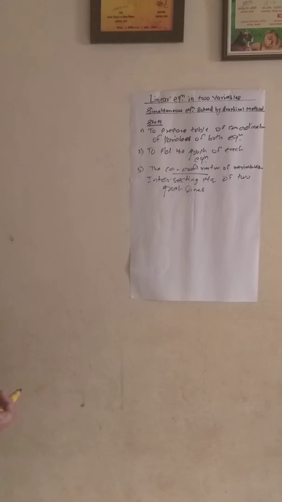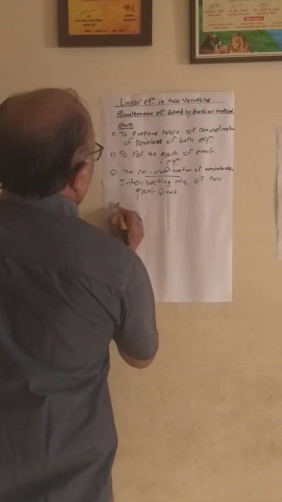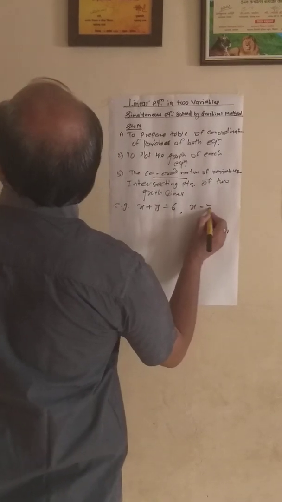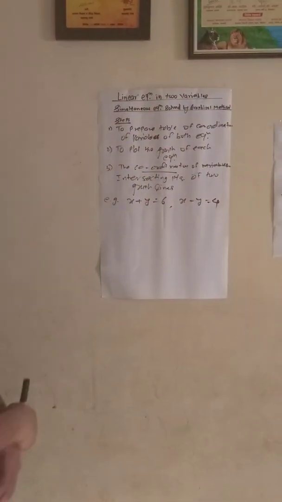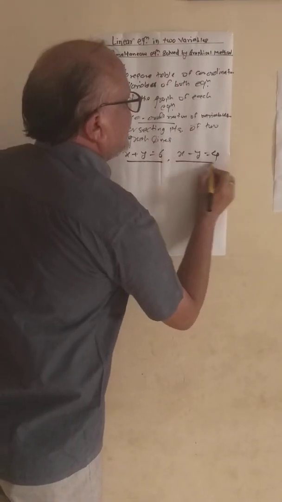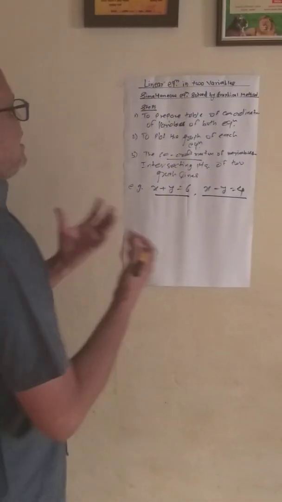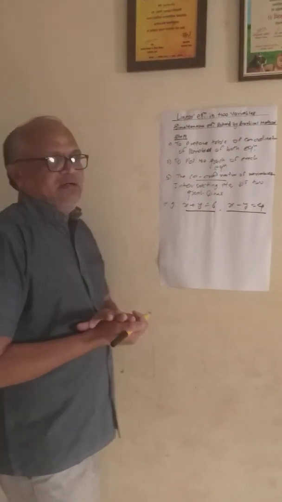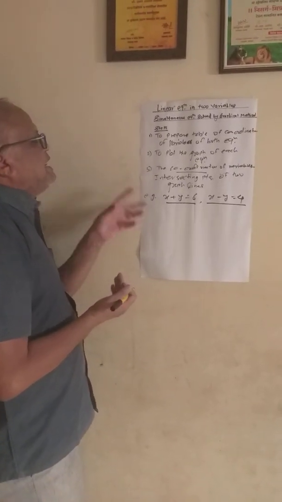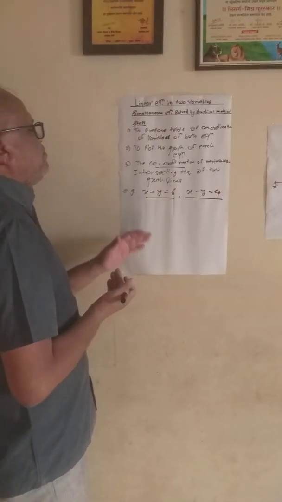Now let us see an example of simultaneous equations. Suppose x plus y is equal to 6 is the first equation and x minus y is equal to 4 is the second equation. How do we find the coordinates of x and y for both equations? That's very important. We take an appropriate small value of any one variable and then we find the value of